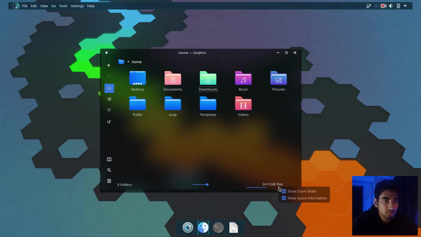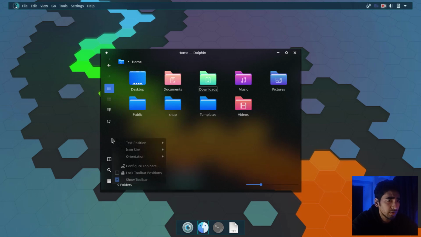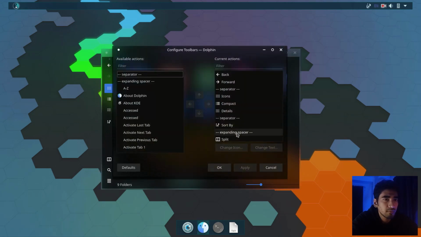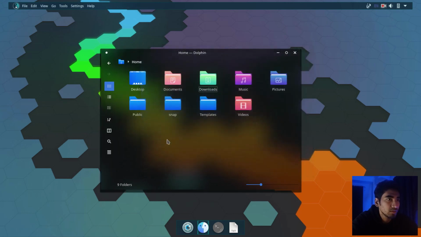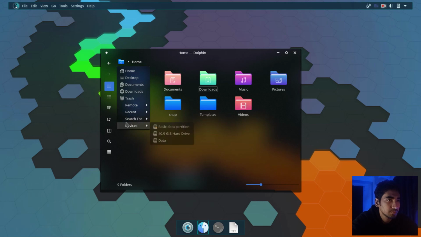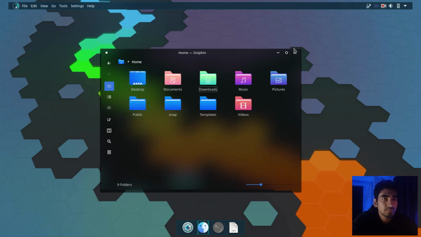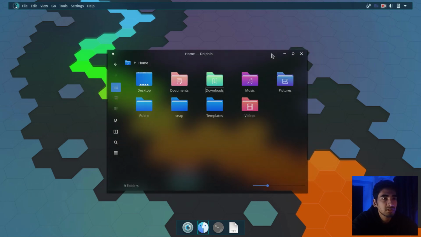Okay, so what else? Okay, let's not show this one. Then right click and configure toolbar. Let's remove the expanding spacer, click apply. So this looks pretty good now. I'm quite happy with it. So yeah, I'm done customizing the file manager, and so I'm going to close it,